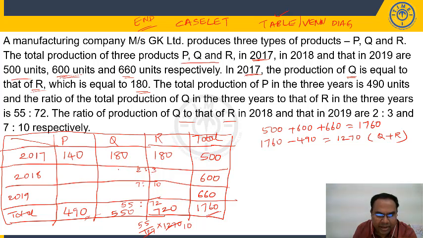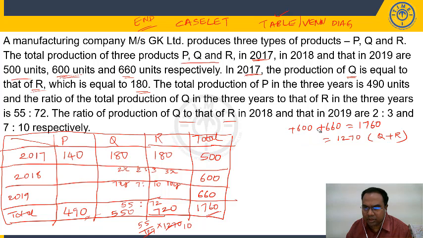So friends, I am taking this as 2x, this as 3x, and this as 7y, this as 10y. In ratio, as you might have studied, we cannot take the same variable for two different ratios. For one ratio, if you are taking x, for the second one we should take y. Now see here, I am erasing this portion. Total values we are done with.